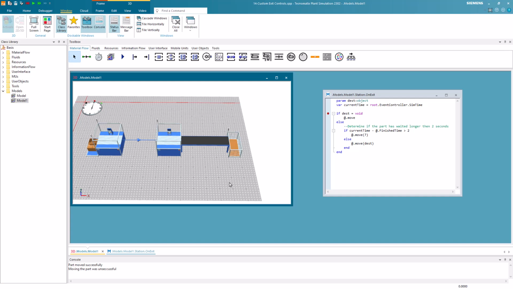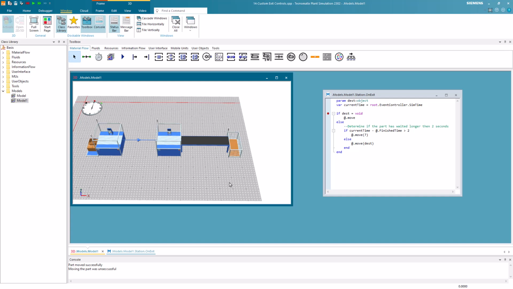The underlying cause of this behavior can be illustrated with an example. Let's consider a station that handles various parts. During the station's operation, there is a possibility of failure, which can result in damage to the parts being processed. Consequently, any part affected by such a failure becomes unsuitable for further use. Therefore, it becomes necessary to exclude the damaged part from the production process. So what you could program then is to check if the station was in a failed or paused state, and depending on that, remove the part from production.